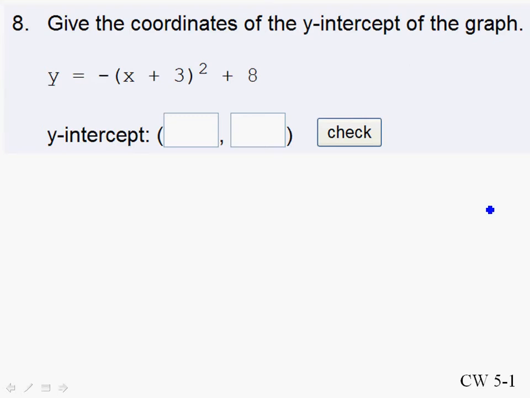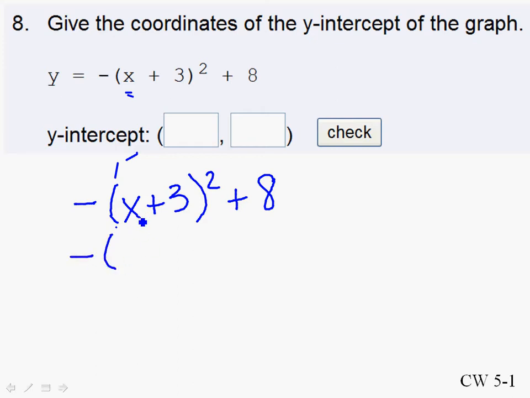Give the coordinates of the y-intercept of the graph. Okay, the y-intercept, if we think about converting this from vertex to standard, let's do the whole thing out. x plus 3 squared plus 8. So basically we're going to do x plus 3 times x plus 3